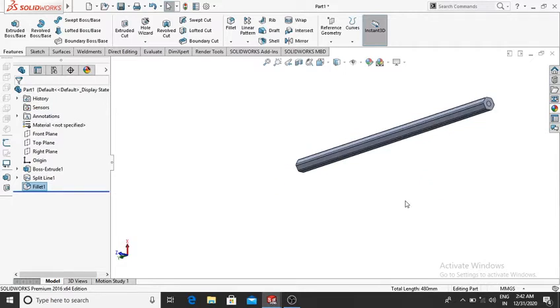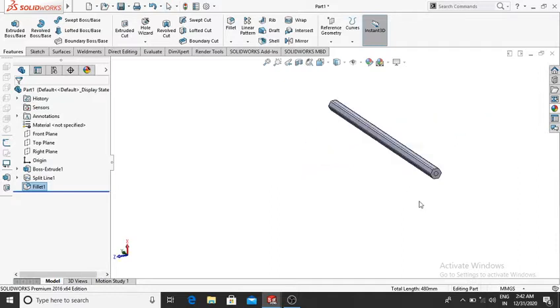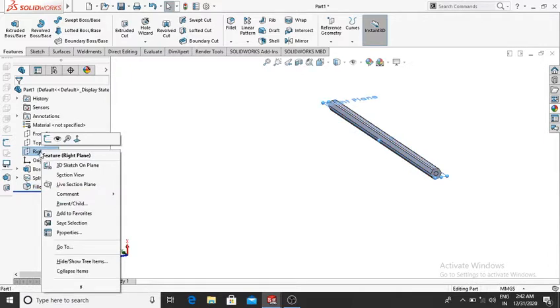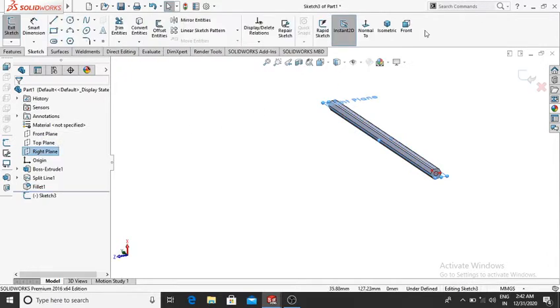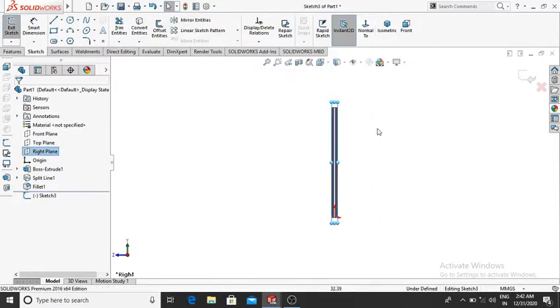Now again we make the revolve cut. So go to the right plane, sketch, and make it normal.